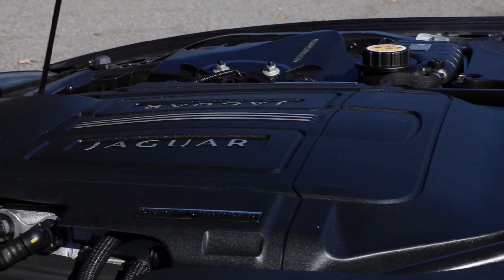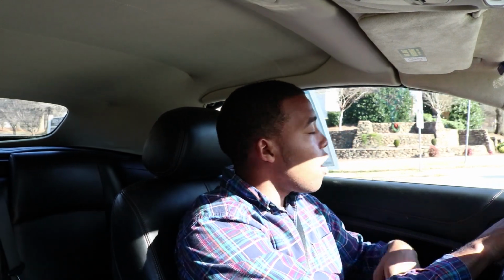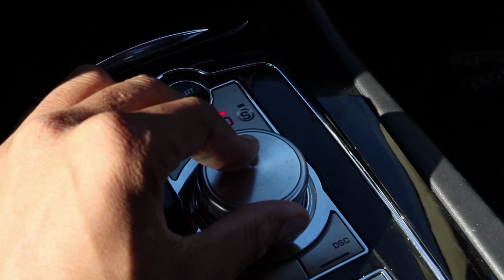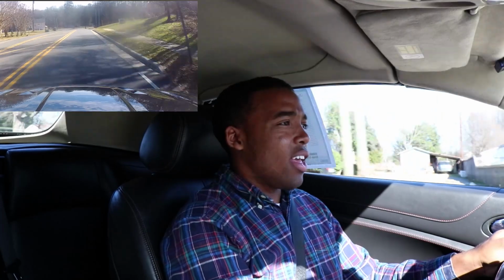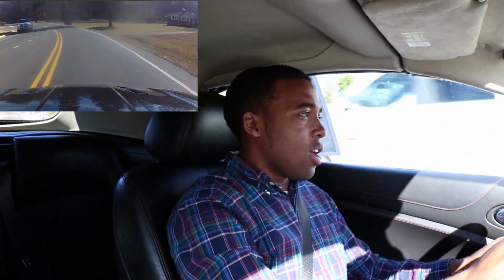You're gonna go ahead and downshift again, and oh, woo! That really puts you in your seat right there. So now we're gonna see how the 2011 Jaguar XKR handles on the back roads here. I am gonna put the car in sport mode, and I think that's gonna allow me to shift manually and only manually. And here we go. Wow, that was flawless right there. That turn coming out